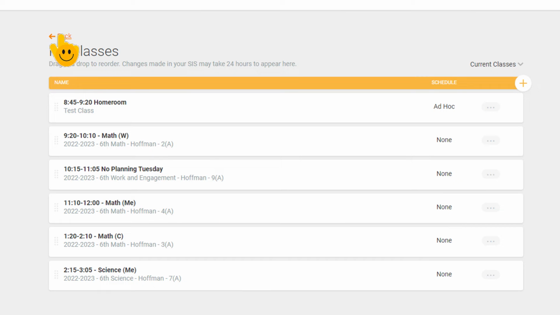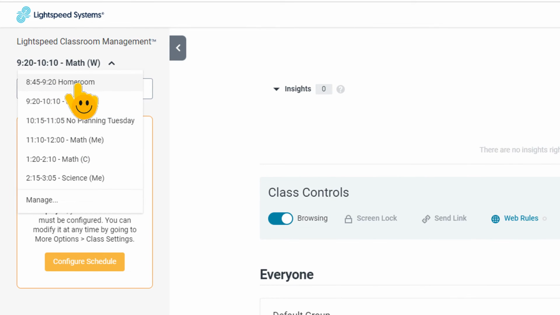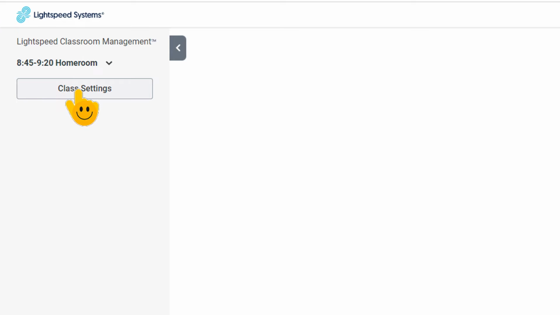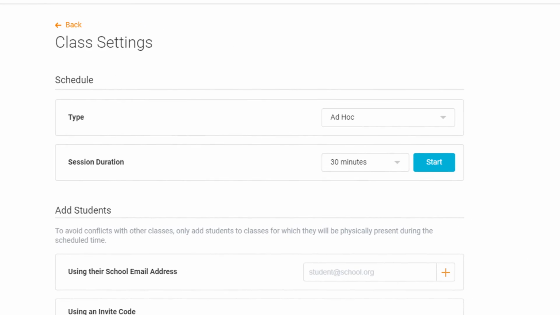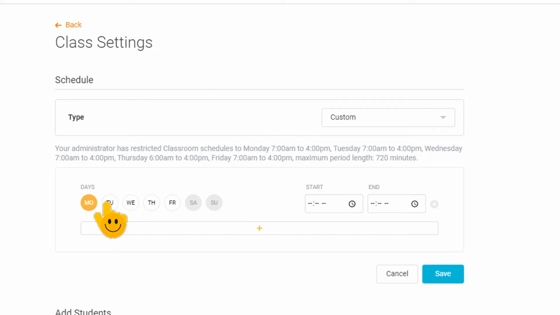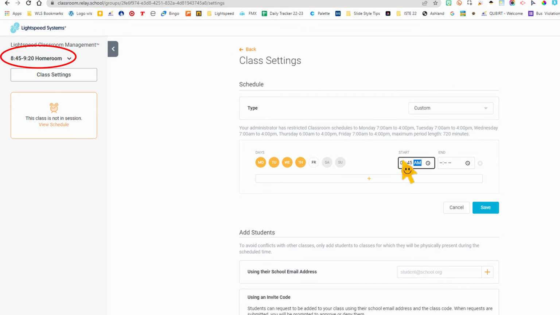So I'm going to go back and I'm going to grab this first one, 8:45 to 9:20. I'm going to click on that, and then I'm going to click on class settings. This will allow me to set up the schedule. I'm going to change it from ad hoc to custom, and I'm going to go Monday, Tuesday, Wednesday, Thursday. And we're going to start it because it says it right up there, 8:45 a.m. to